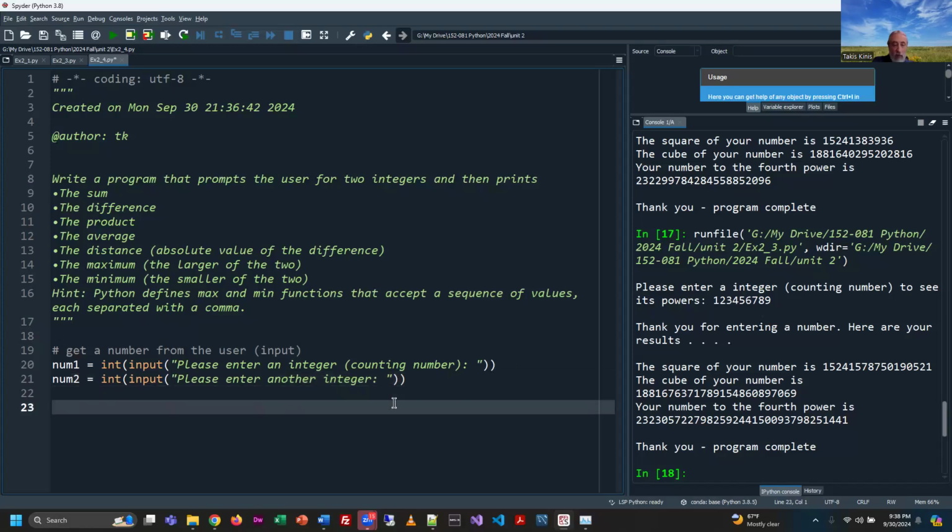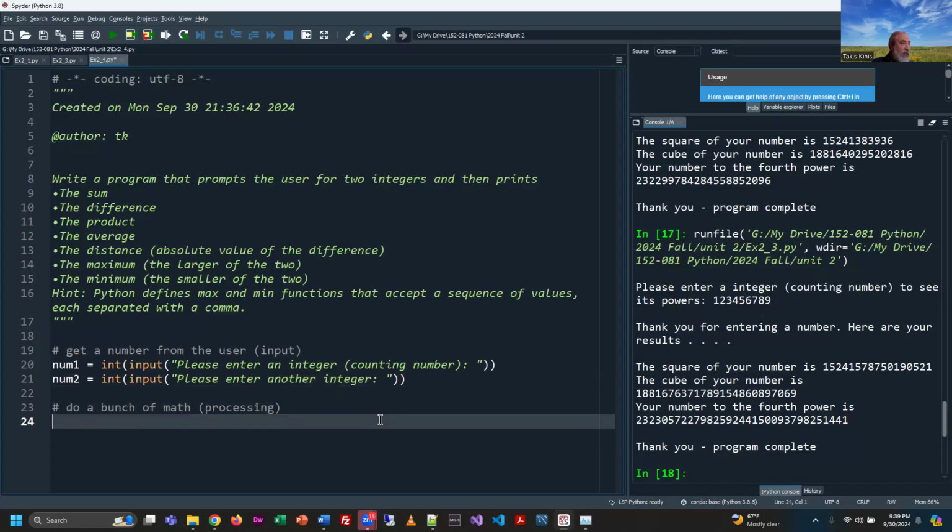Once again, we're going to do a bunch of math. We can call that processing. You don't have to put these comments in, but I find it interesting how often this paradigm holds in programming. It's crazy. It's really what we do the whole time. Input, process, output. Input, process, output. All